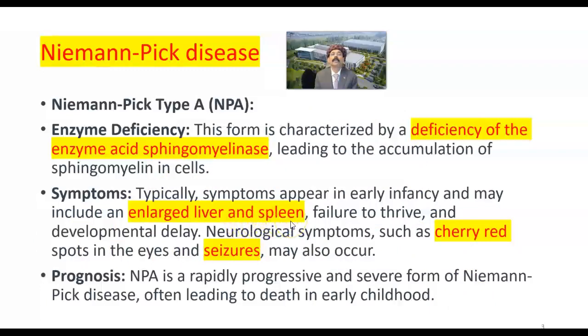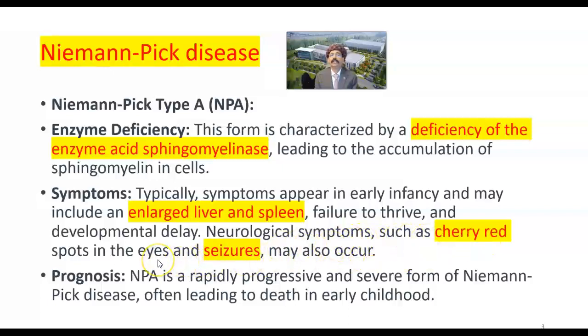So we'll get hepatosplenomegaly, failure to thrive, and developmental delay. Neurological symptoms will happen, like mental retardation and also motor defects, and other problems like cherry red spot